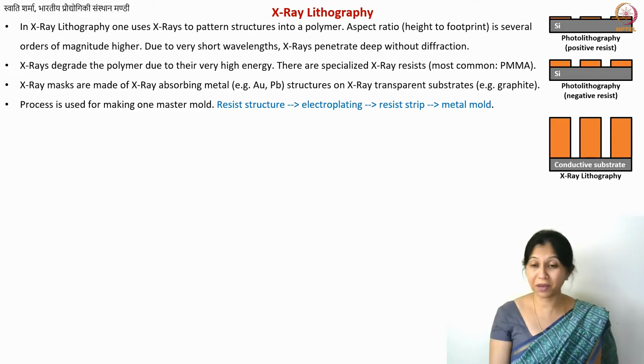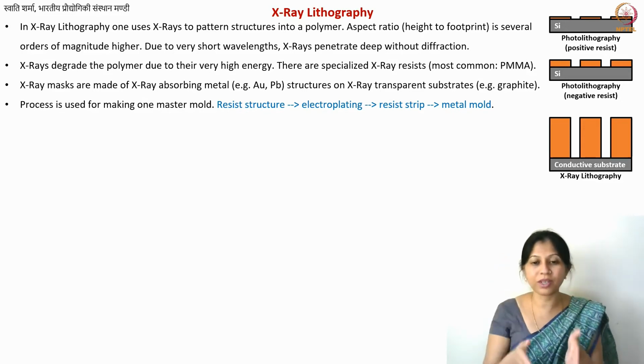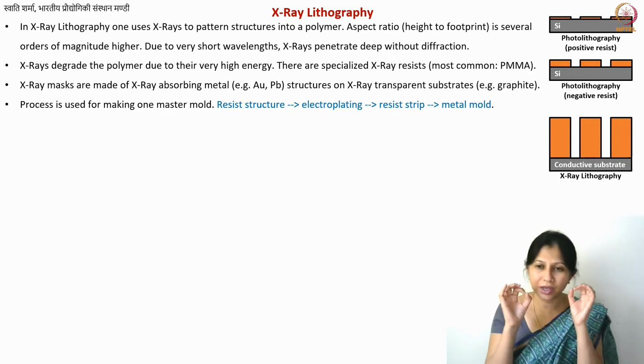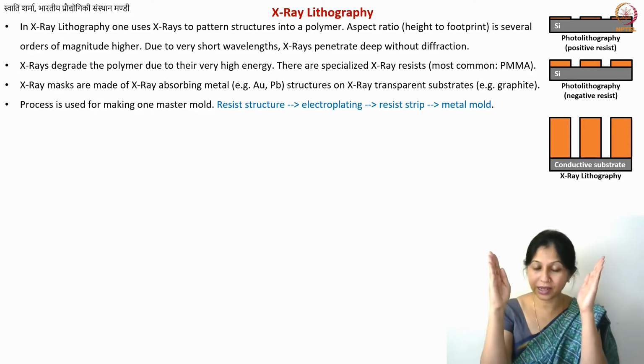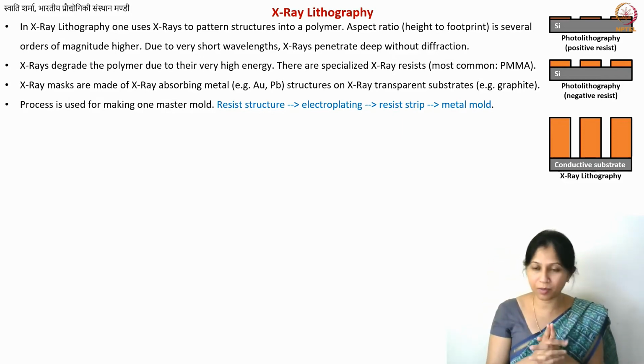However, you can make very beautiful structures, really tall, beautiful straight lines. In the case of photolithography, the moment you go for higher aspect ratio structures, you need really good experimental hand to perform those experiments. Otherwise, you will get either T-topping, or sometimes the structures are like this. So this is a problem there.